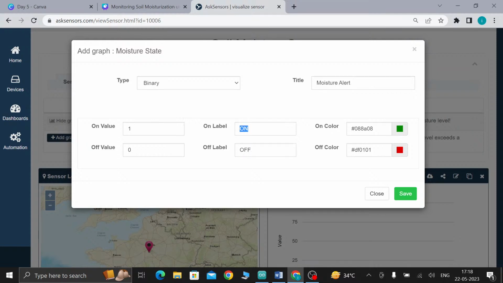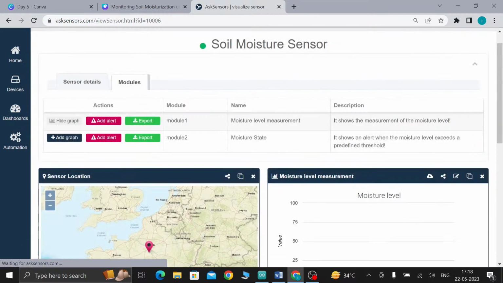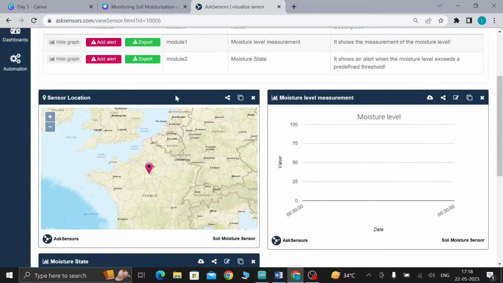Instead of on, I want to show soil moisture is okay, and instead of the off label, I am going to give it needs water. So if it has enough water, it will show soil moisture is okay. If the soil is dry, it will show it needs water. Save this, and you will get another graph here. Let's move.